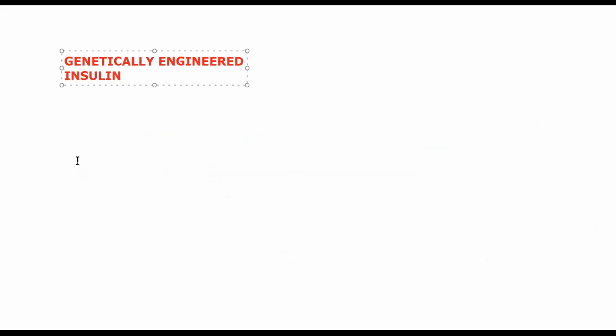First, please do remember that our human insulin is a eukaryotic gene, and we are going to grow this in a prokaryote, such as bacteria. The bacteria does not have all the enzymes which the eukaryotes have. So we have to take cDNA, that is complementary DNA. First we should know the structure of human insulin.